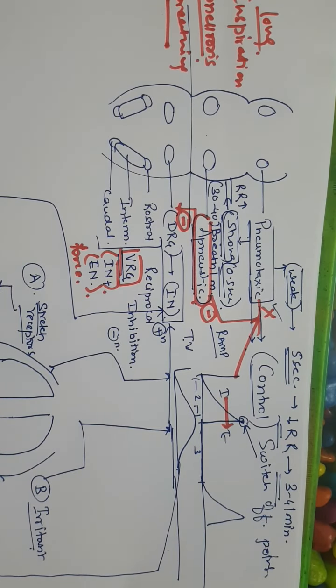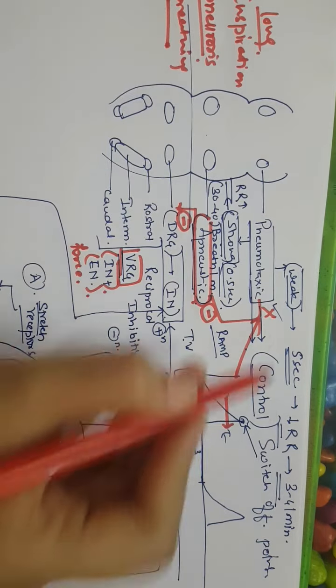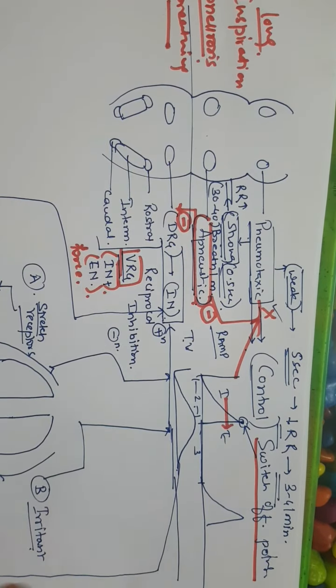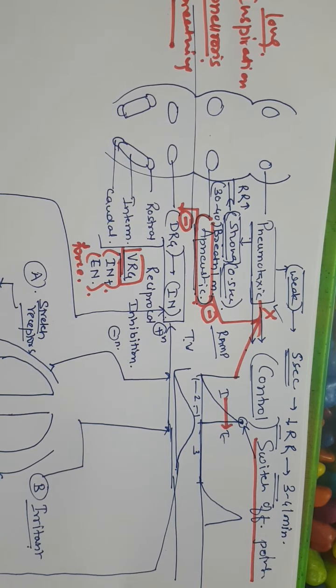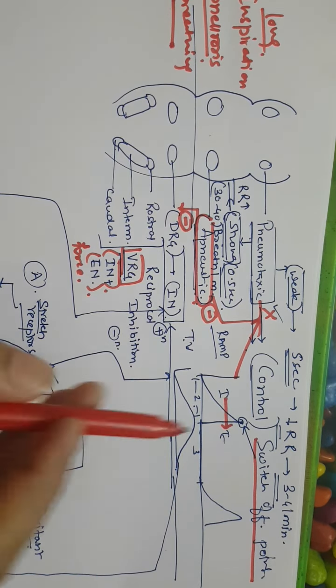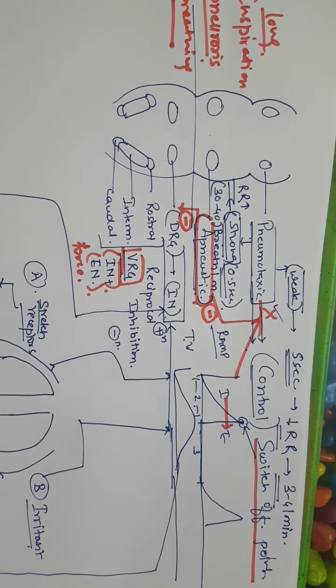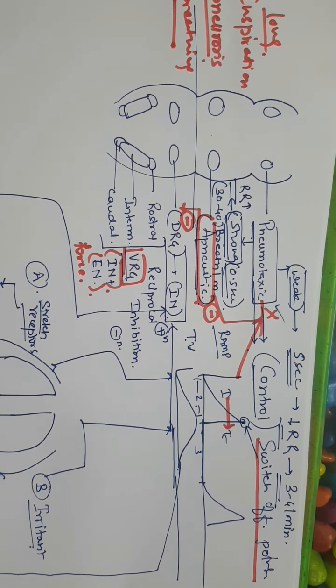Okay, so the pneumotaxic center is the control of the switch off point. The exact mechanism is not known, but this is how it is controlling the inspiration and expiration. It is causing smoothing of the transition from inspiration to expiration. Okay, now we'll see about